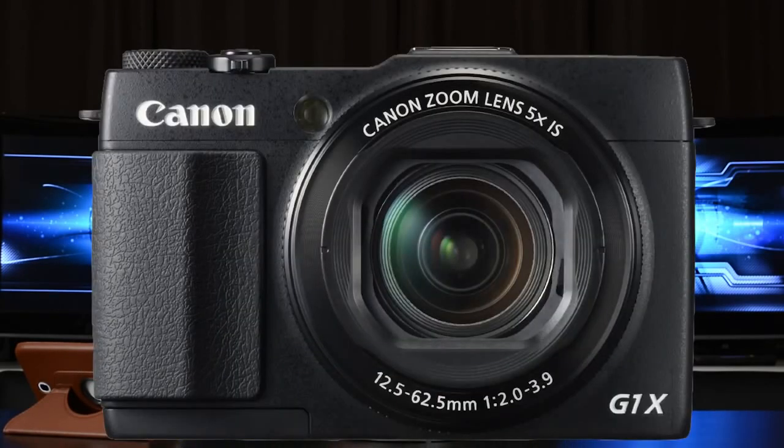So I wanted to discuss the new Canon PowerShot G1X Mark II that's out. That's replacing the G1X. So now we have the Mark II. Not a lot of differences between these cameras, and I wasn't particularly overwhelmed with the first one. So I'm going to go over what are the main 5 differences, what they've changed with the Mark II, and